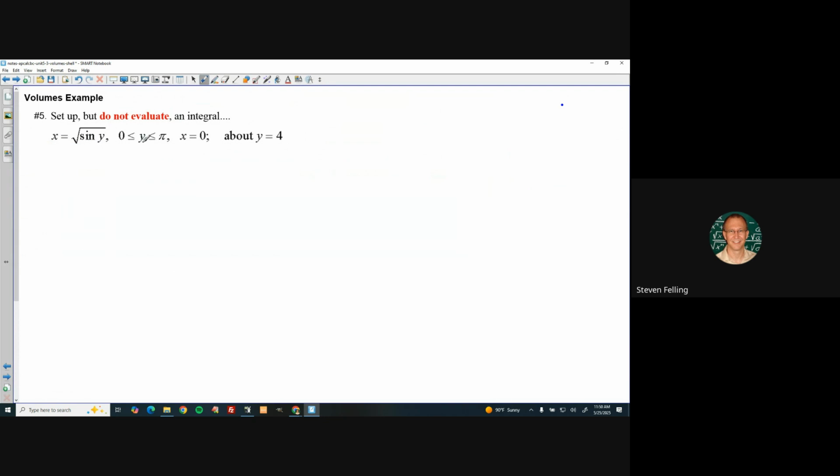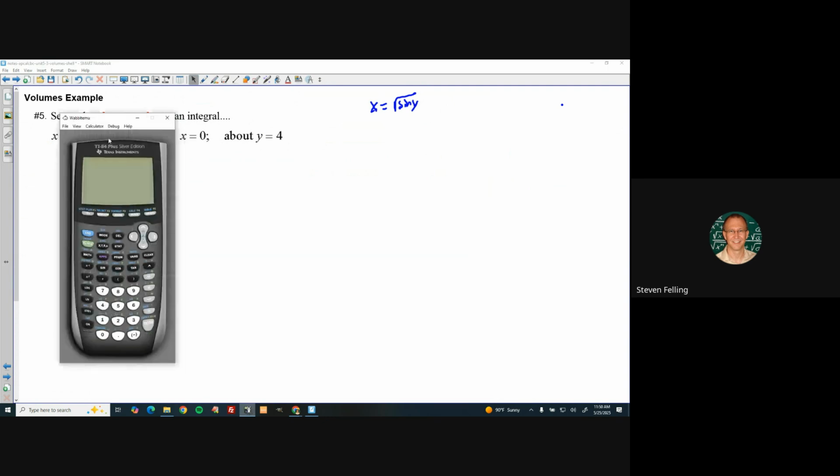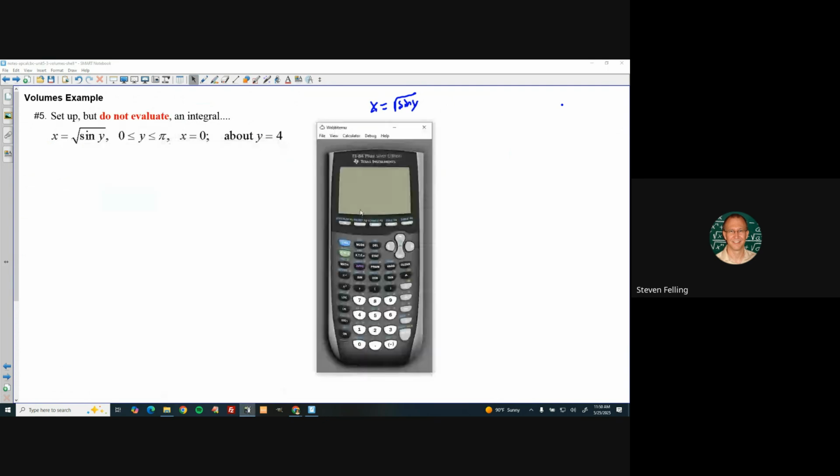You know, I think for this one, I'm going to actually have to graph this probably. Well, maybe not. How the square root makes it tricky. All right, so how do we deal with this? x equals the square root of sine of y. We could graph it with a calculator, except that the calculator has to solve for y. So if you had a calculator on this part of the test, you could graph it this way by plugging in,